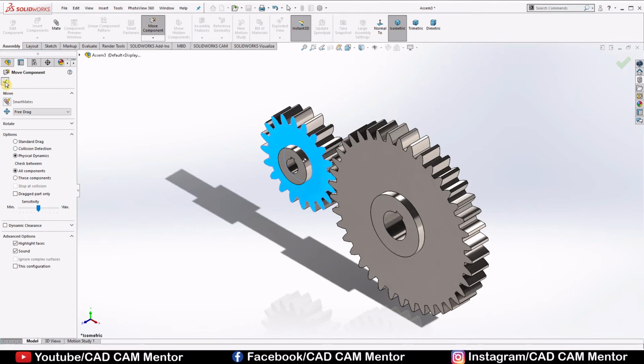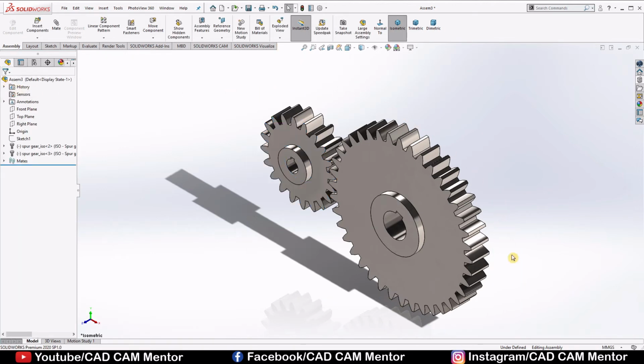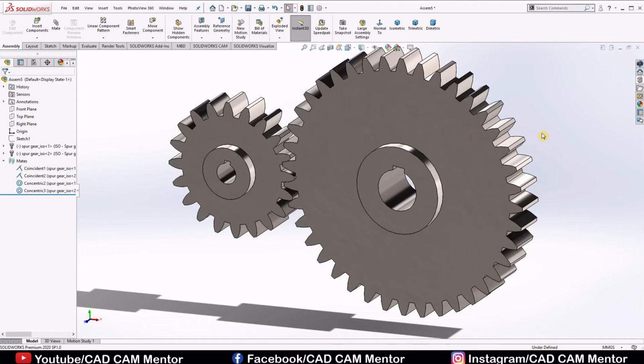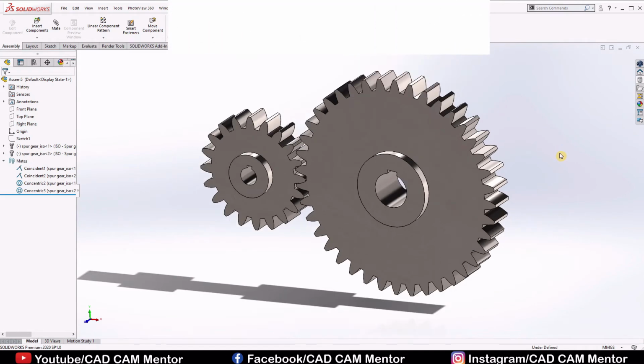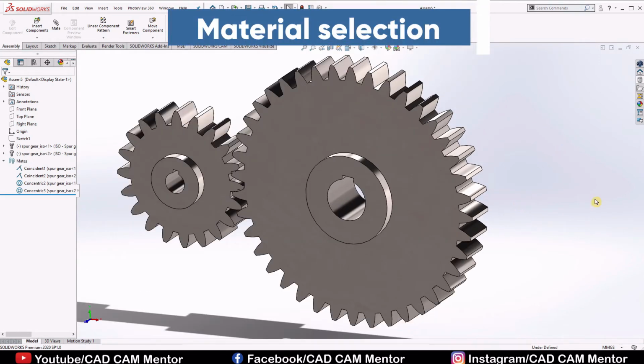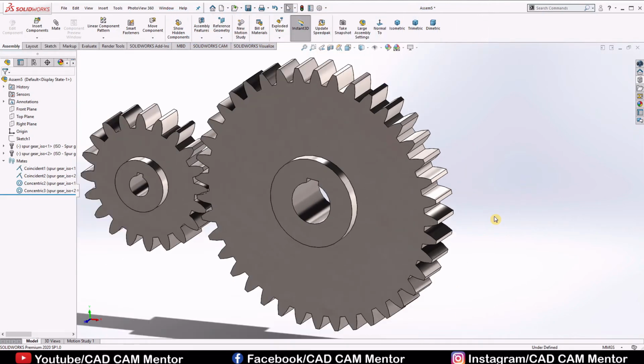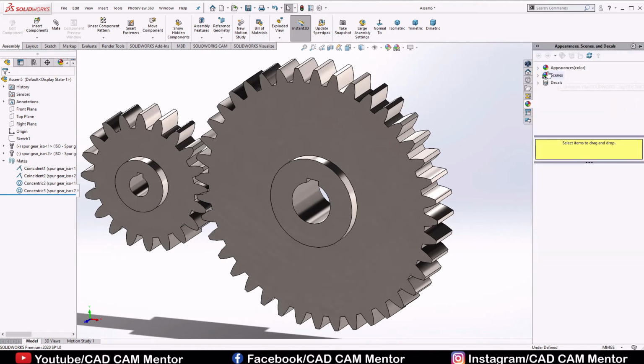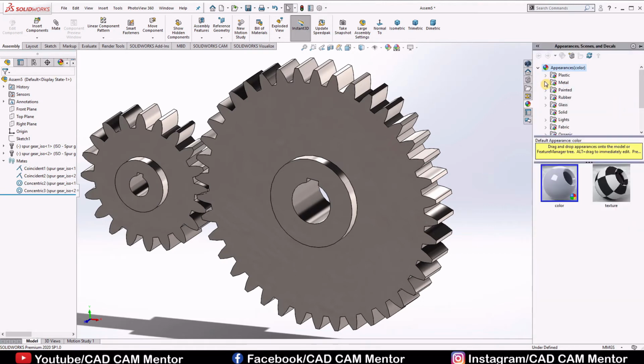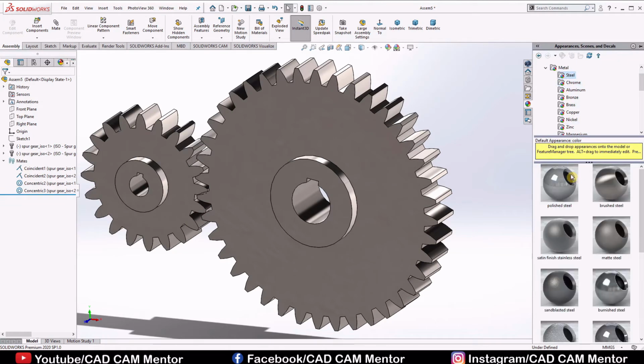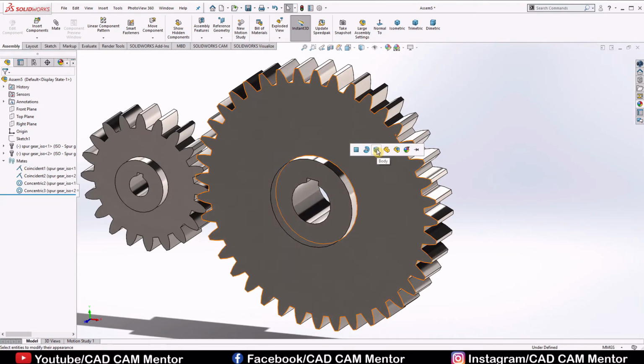Click OK. Now let's look at the important aspect of material selection. We'll select steel because steel is most common material to manufacture spur gear. So go to the appearance, select metals, select steel, drag and drop the polished steel and select body.